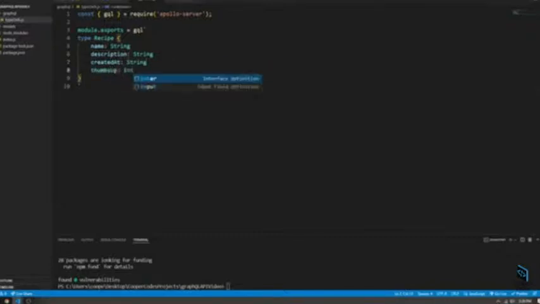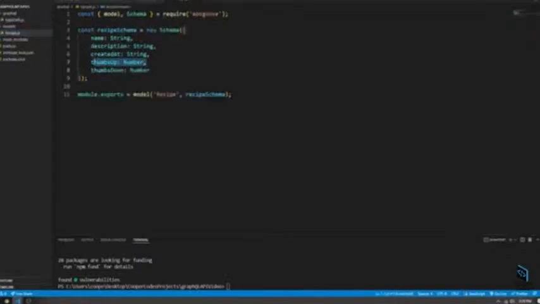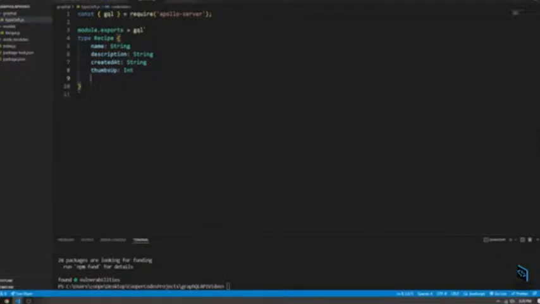The integer here is a subtle difference. In our Mongoose model, we save it as number, but in GraphQL, it's expected to use something like integer, for example. So that's another strange thing about working with Mongoose models and then the actual GraphQL types: sometimes the names aren't one-to-one the same. You have to be kind of creative, kind of going back and forth between them. Then we can make the thumbsDown also be an int. And so this is great. We have our first GraphQL type. And this GraphQL type is important because it allows us to do things like have a GraphQL